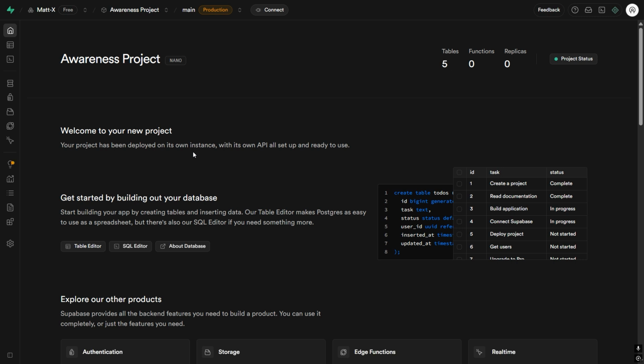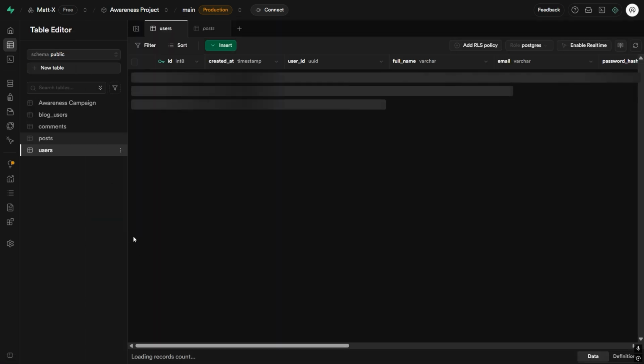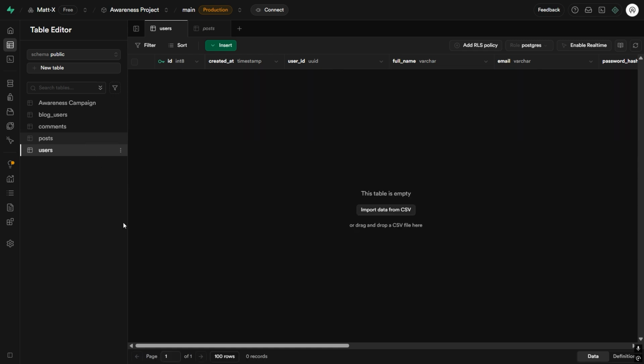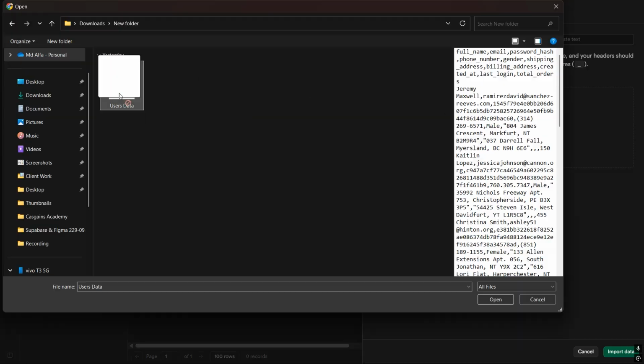After that, hover over the left sidebar to expand it and click on the Table Editor option. Then click on the table where you want to import data from a CSV file. After that, click on the Browse Your Files option and select the CSV file you want to upload, then click